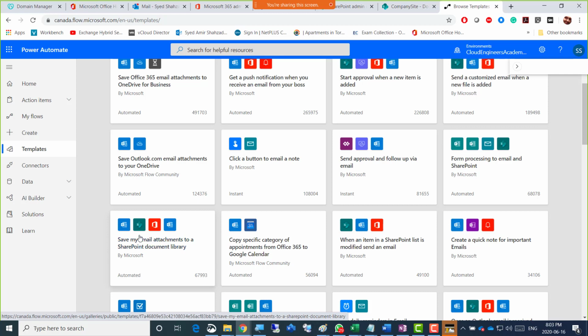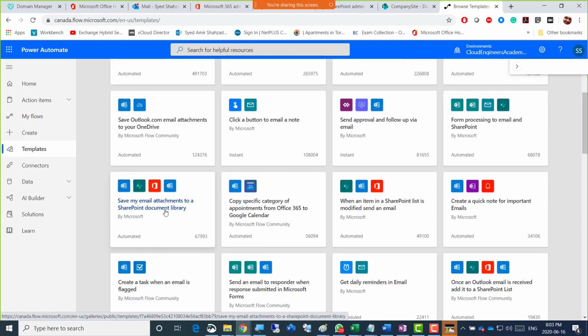Scheduled, instant, and automated. Yeah, there you go. So that would be automating your tasks that you were doing manually before. That's what it does. Basically, that's the idea behind it. And you can just play with any of those scenarios and see that, oh, if I haven't done that, I would have done it with maybe 15 to 20 steps. Click this, click that, open this, write this, and then click like. So you're avoiding all those clicks and automating that. So I'm just going to go for this one. Save my email attachments to a SharePoint document library, right?